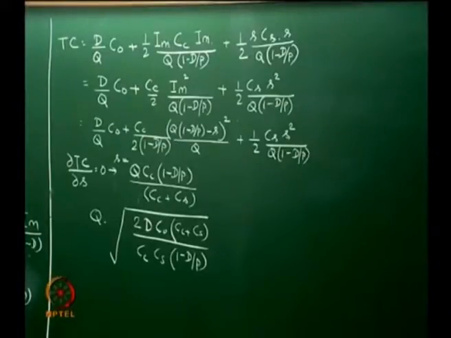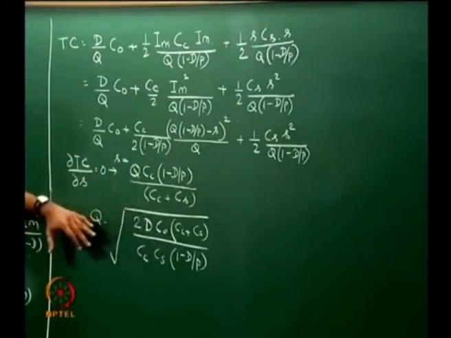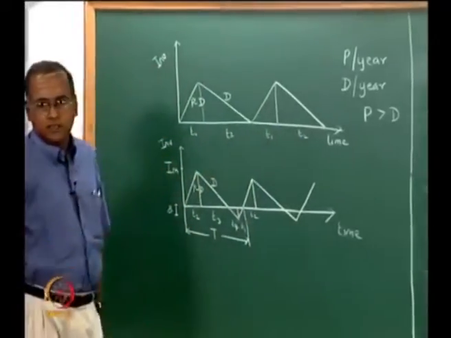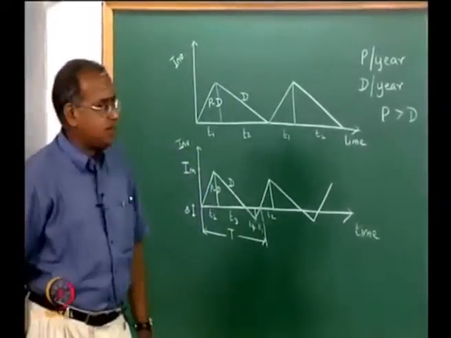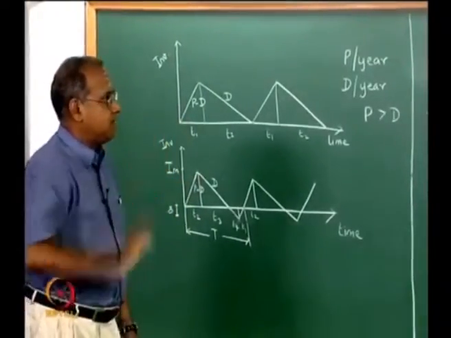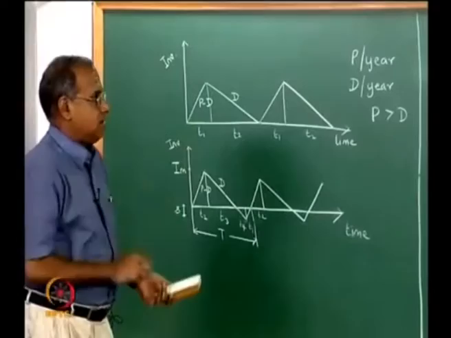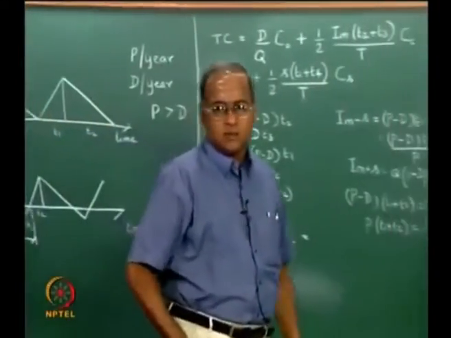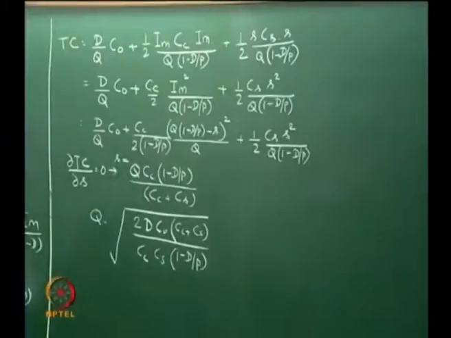Now, once we know all the values of s and q, we can calculate s and q because all the other things are known, and once s and q are known, we can go back and calculate T1, T2, T3, T4 and the total cost and so on. So, that is how this formula works. So, let us take a numerical example and show what is the effect of this.